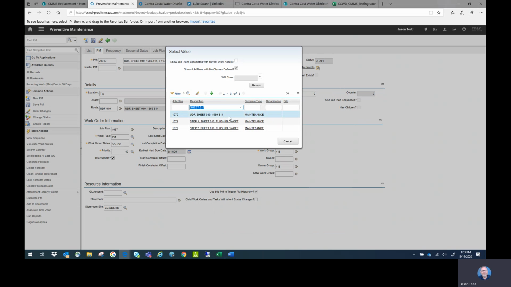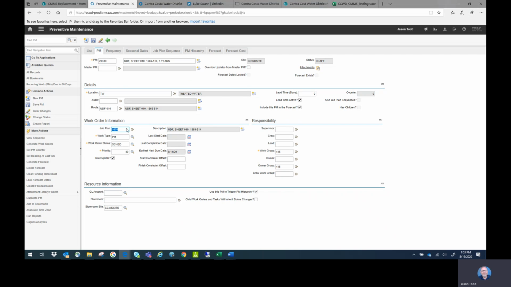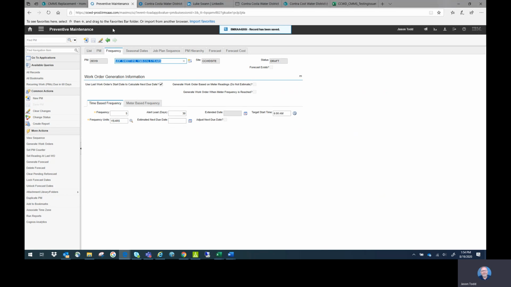sheet 010. So I want to pick the one with the header information, right? So I got the header information here, and then the 2 child work orders come from here, the step 1 and step 2. I'm going to save that at this point. You can see it's still in status draft. Go to frequency. This is every 5 years, right, which is consistent with how I named it up here. Every 5 years. And then it's going to come out 30 days ahead of whenever I say the next due